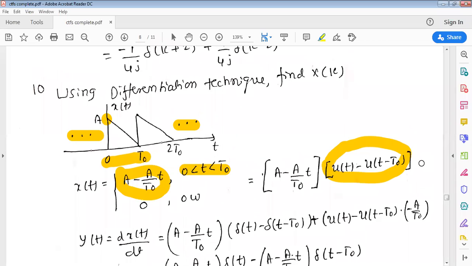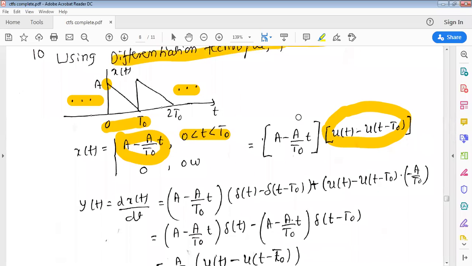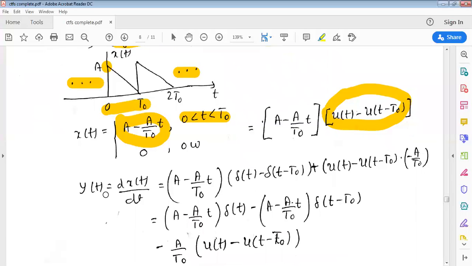Okay. Now, I have to use a differentiation technique to find x of k. It is not a straightforward way of finding x of k. So what I will do is, I'll consider y of t equal to d by dt of x of t. First find the derivative of the signal. It is in u into v format. The derivative of u into v is u, the first function, A minus A by t naught into t, into the derivative of